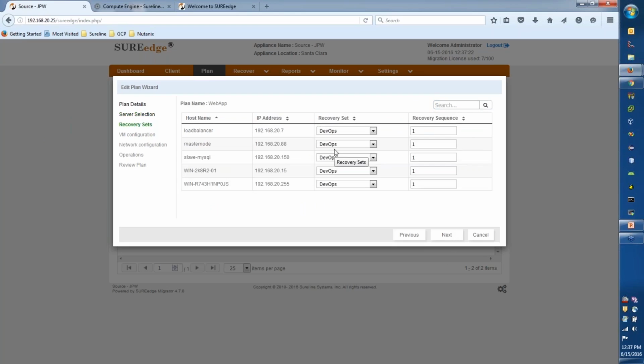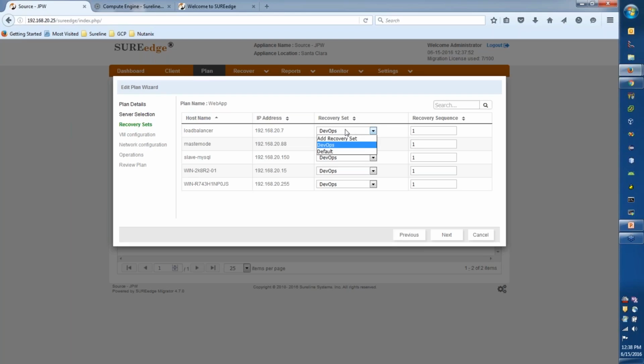So on the next screen, you see the actual servers that you have selected. Here, like I have selected Active Directory instance, as well as there is one Windows server. There are a couple of database, and there is one load balancer instance. And we also capture the IP address here. And then what you see is the recovery side, where